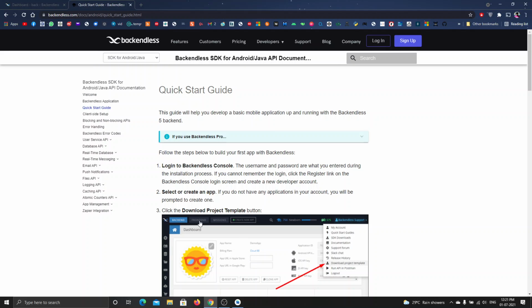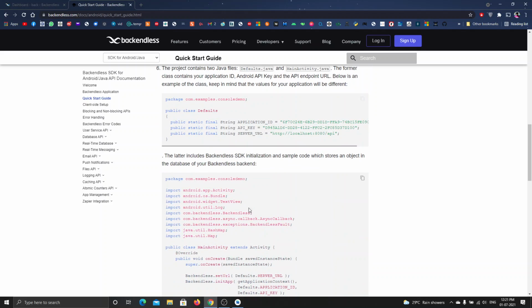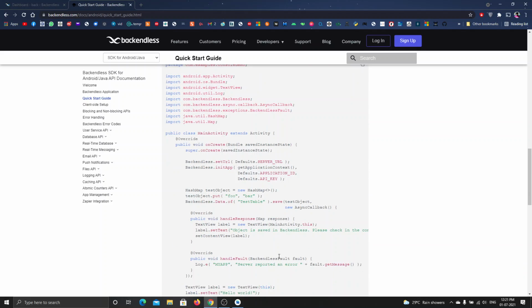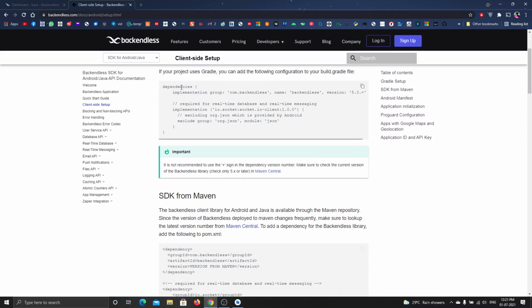Okay, to get on with the backend list, you want to use all this code inside your IDE. Before that, I want to set up the Gradle, right? So how to set it up? Just go to this client side setup, and inside the client side setup there is a Gradle setup. See, it is showing some dependencies. Just copy these things, copy the whole thing. Okay, just copy this line of code,